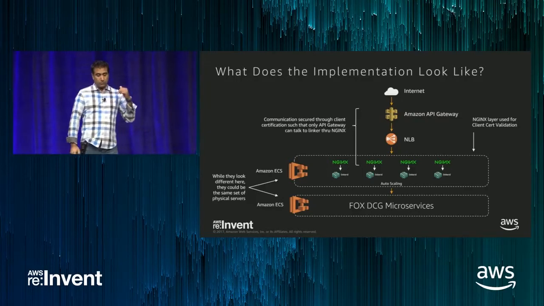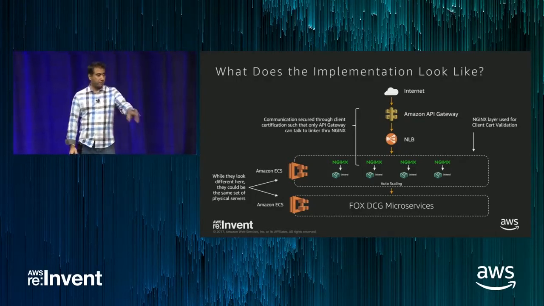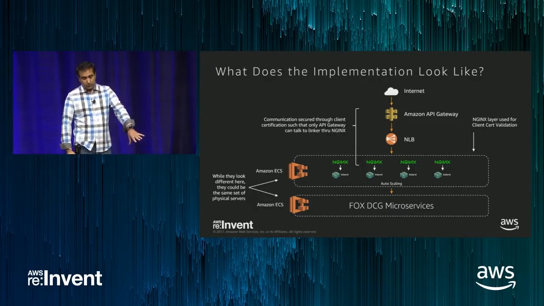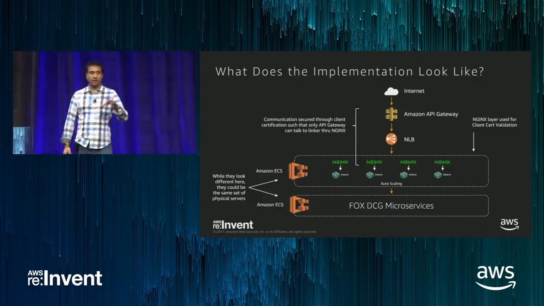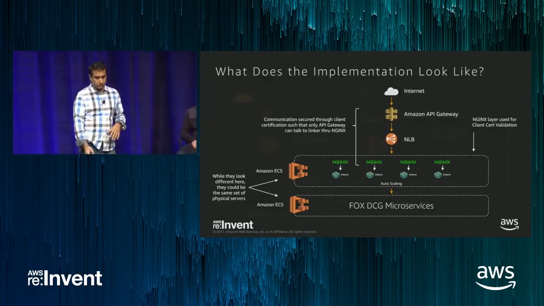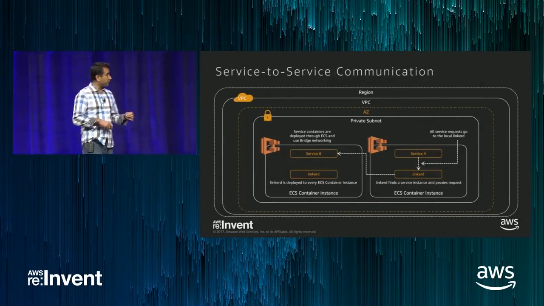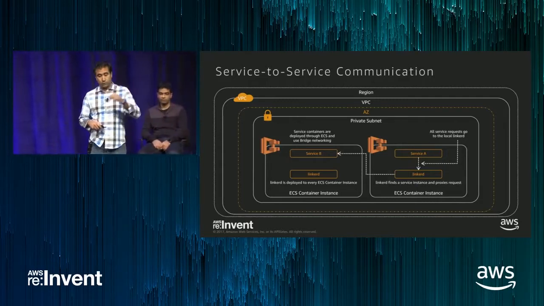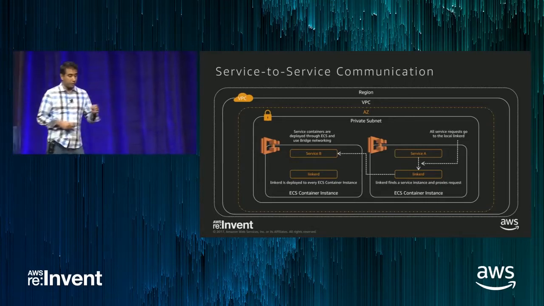So to go into the, we'll note that this all lives in a single VPC, and we have multiple subnets. All the ECS servers live in a private subnet, and the only thing that lives in the public subnet is the load balancer. So now the detail of this is how do the services communicate. So I pulled, again, there's a lot in here. There's a lot of other things that actually live there. So I pulled all of that out to just show the pieces that we're actually utilizing for this.